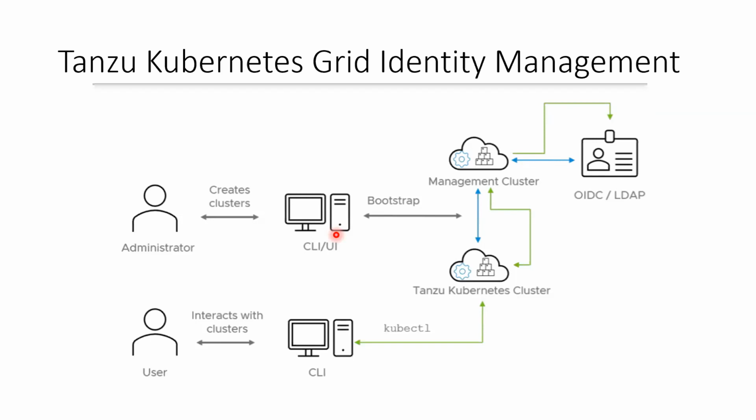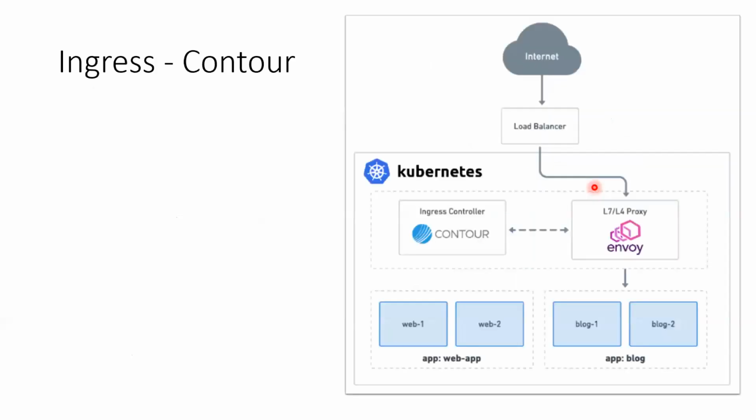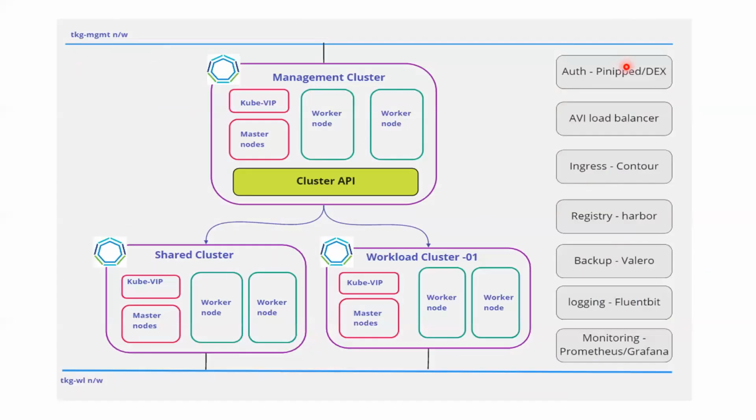So the authentication is handled by the OIDC, or by Dex and Pinniped, and then it is being forwarded. It is based on the cluster role and the cluster role bindings. The other part is being taken care of, the authorization to the resources that are available.